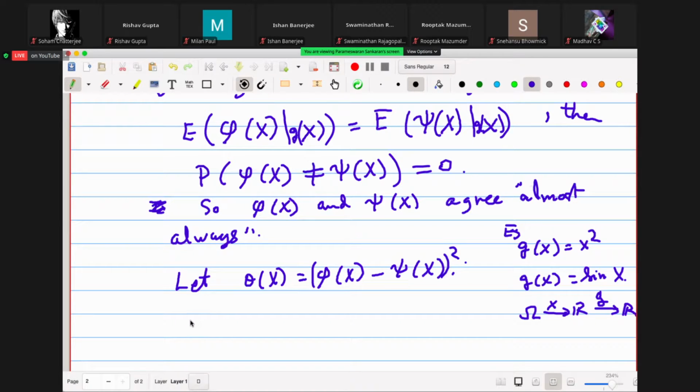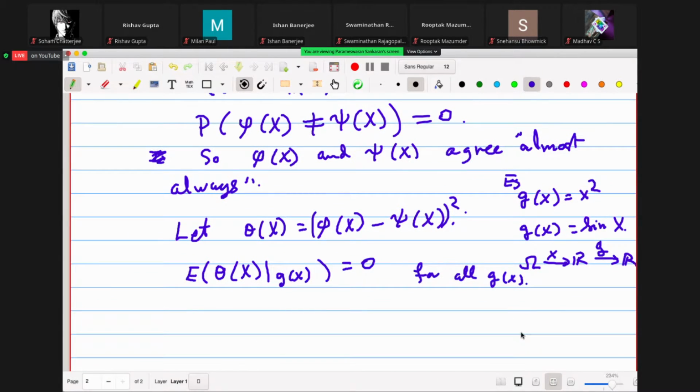Yeah, so you are given that the expectation of theta(X) given g(X) is equal to 0 for all g. Okay, g(X). So I claim that in this case,